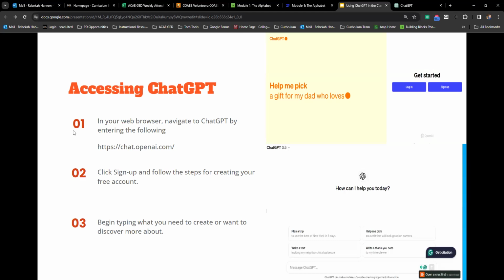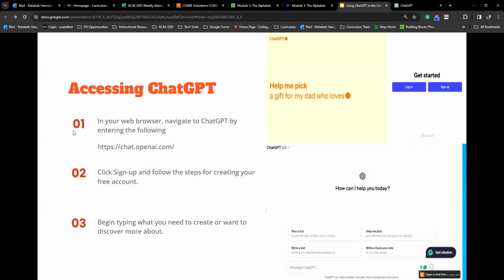You would click the sign up button. I'm going to show you that too. And you just simply follow the steps. It's pretty straightforward. It does make you do the email verification. So you put your email address in that you want to utilize for the account, and then it's going to send you an email, and you have to go check that email and verify that email prior to going any further with ChatGPT. So sometimes that's the biggest struggle, is then logging into your email to get that verification email.